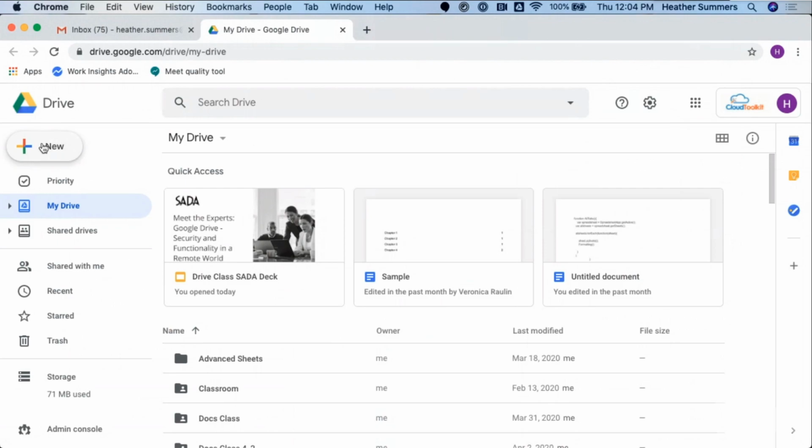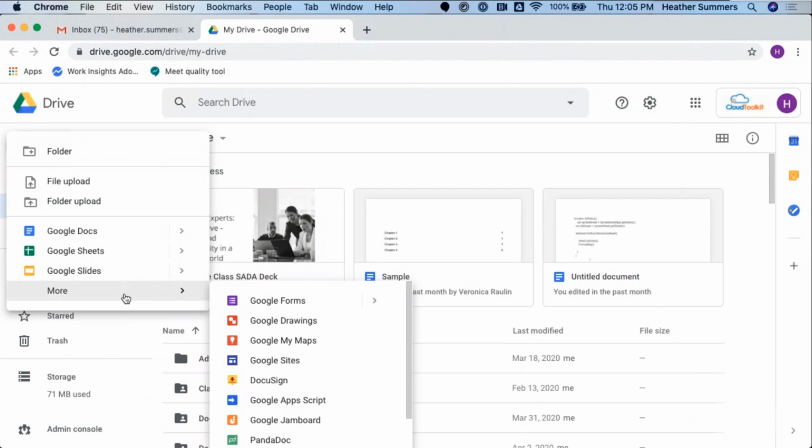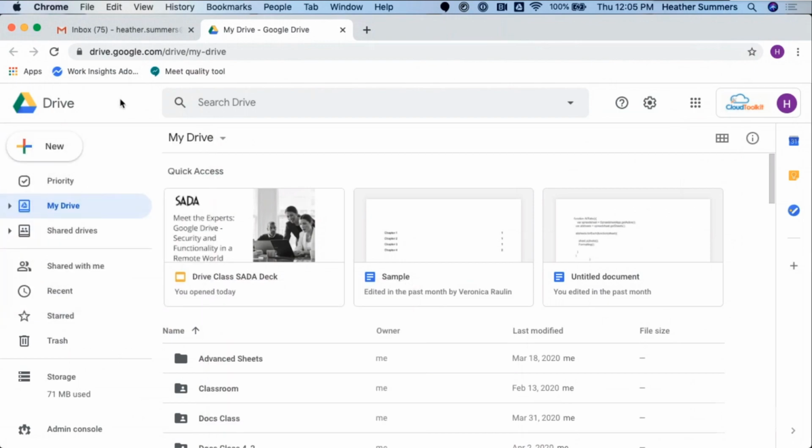word new. That new button is where I can create a folder inside of my drive. I can also upload files or folders or create things in that productivity suite that I showed you: Docs, Sheets, and Slides. Also under more are other applications that you get as part of G Suite: Google Forms, Google Drawings, Google My Maps, and Google Sites. Some of these other applications I've gone ahead and uploaded for myself from the App Store,